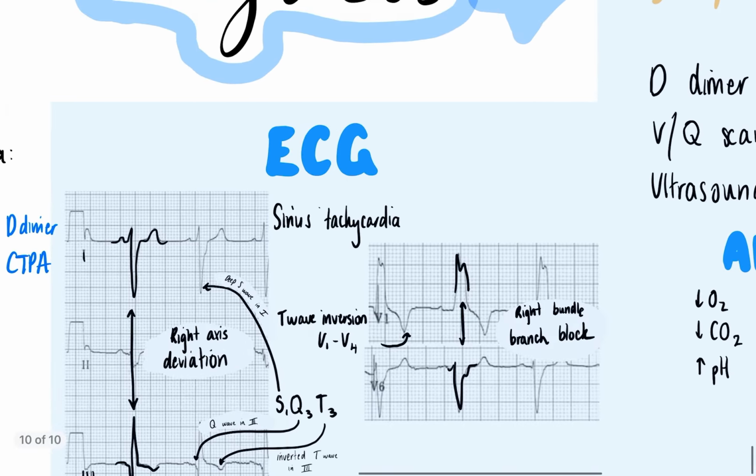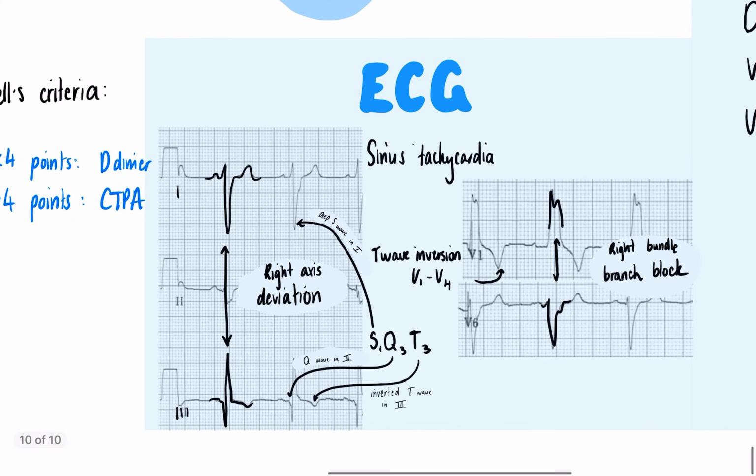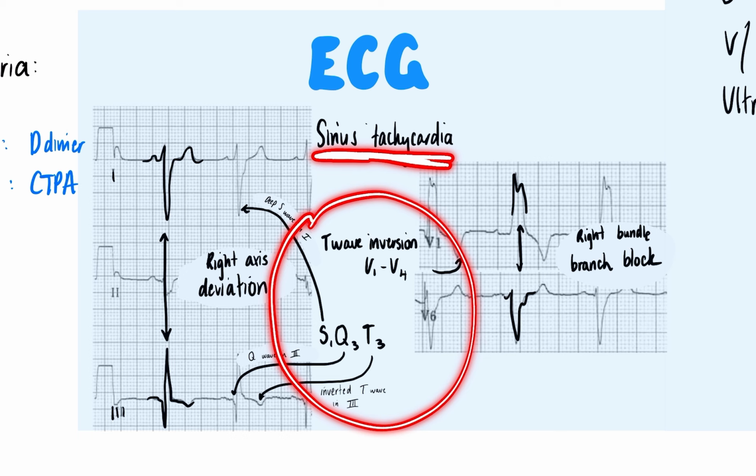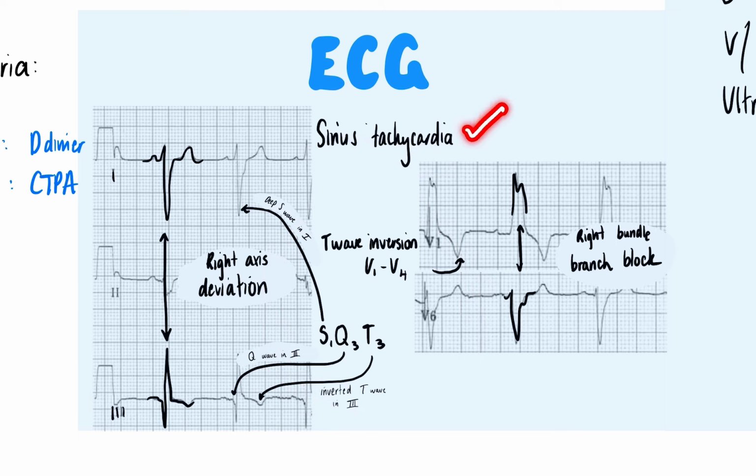Now, in terms of the ECG, I was trying to work this out last night because I've kind of been ignoring it. But the ECG, the most common thing that you're going to see is sinus tachycardia. So all of these other signs that are specific to a pulmonary embolus, or classical patterns of a pulmonary embolus, may or may not be present, but someone's going to be experiencing tachycardia regardless.